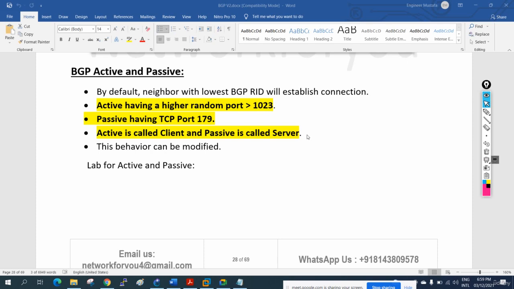Hello everyone. So now we need to remember BGP active and passive, because sometimes in interviews they ask what is BGP active, what is BGP passive. This is also a very important question we need to remember. In many interviews this question was asked to my old students. So this is an important part. Only 2-3 questions will come from here. They will ask you